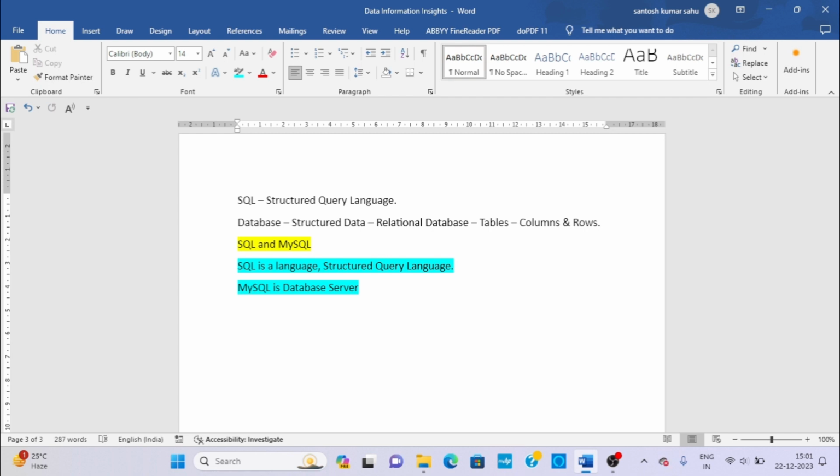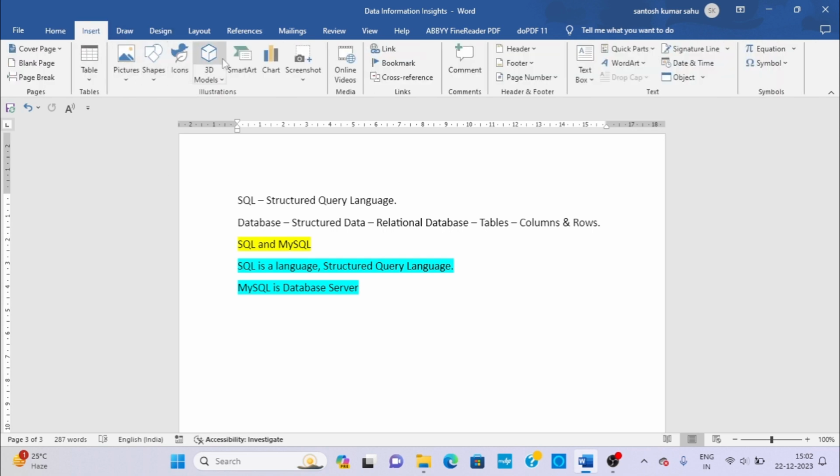If you are using the MySQL tool and you make different databases, all the information you store inside the database is collected on the database server as well. Because SQL is a language, but MySQL Workbench is a tool which is used to connect with the database by using SQL. Suppose, as an example, I am showing